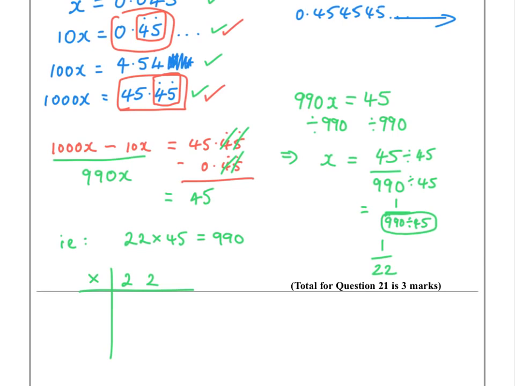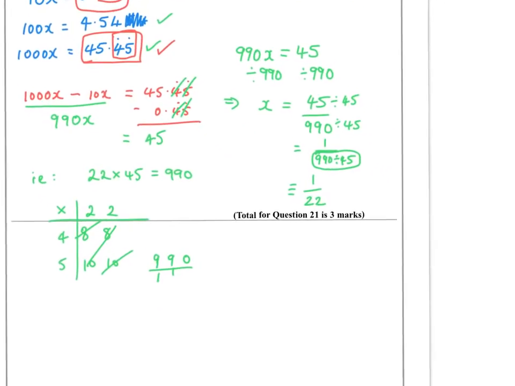So we times that by 45, and we get 8 and 8 and 10 and 10. So that would give us the 10, 18 and 1 is 19, 8 and the 1 is 9, that's 990. That would be good enough. Or, this is a nice thing about number, if you had